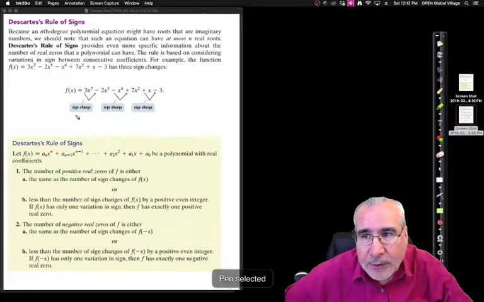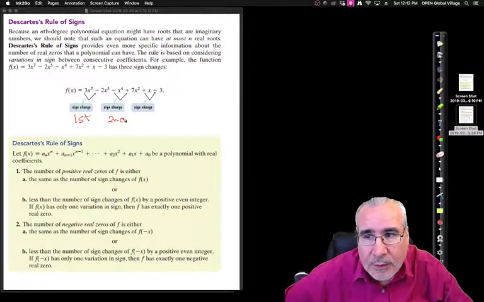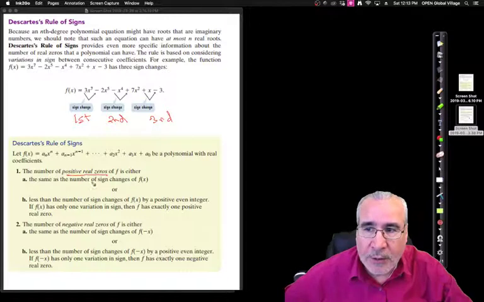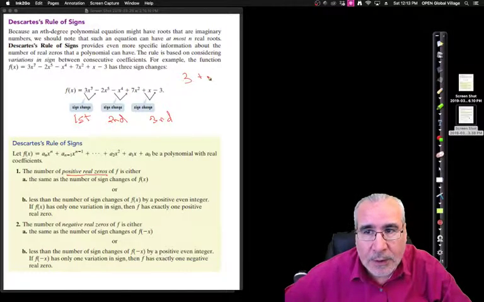So this is the first. This is the second. And then we go from positive to positive, no sign change. Positive to negative, there's a third sign change. So according to the first step, the positive real zeros, we have two possibilities. It will either be the number of sign changes, which in this case was 3, so we could have 3 positive real zeros,